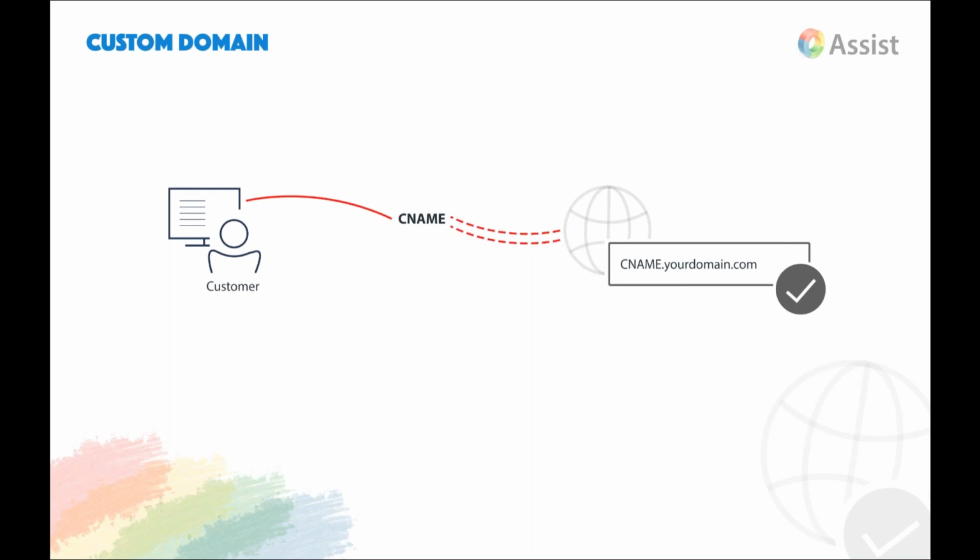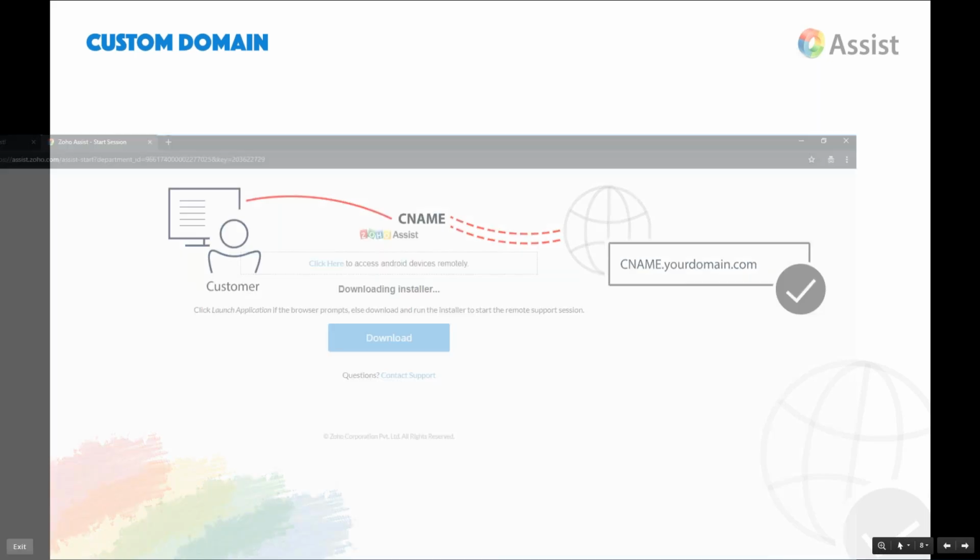The next option that we have with Zoho Assist is the custom domain. So far we've been looking at how you'll have to start a session. You'll visit the website assist.zoho.com. Now let's say that you have a domain for yourself and you want to customize this to a different domain that you want to access your Zoho Assist portal from. For these situations, you could easily use the custom domain option, with which you could customize the domain and access your Zoho Assist portal. To use the custom domain option, the administrator can visit assist.zoho.com